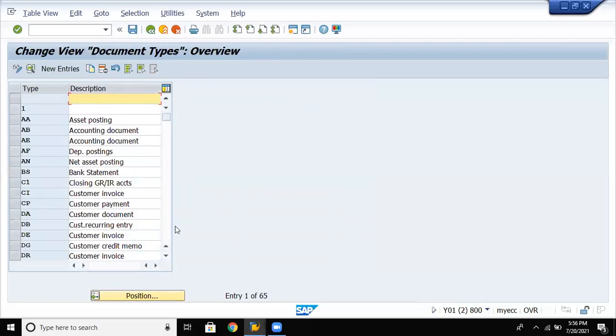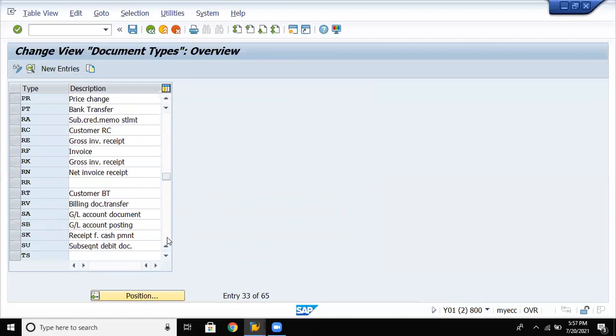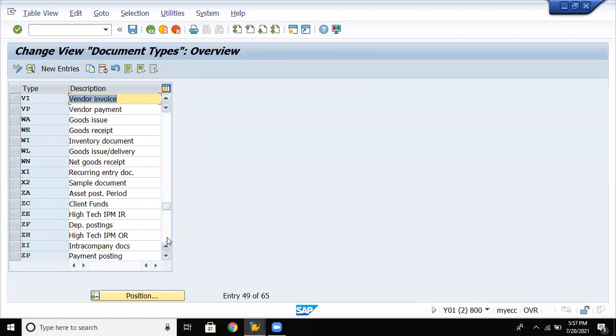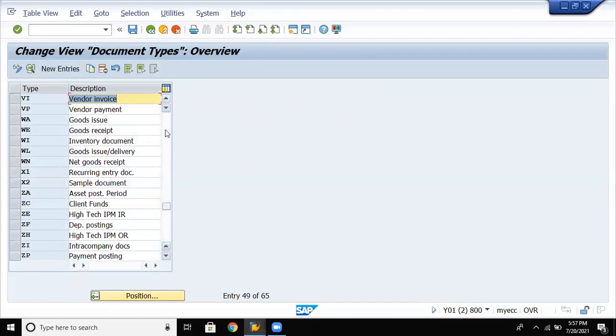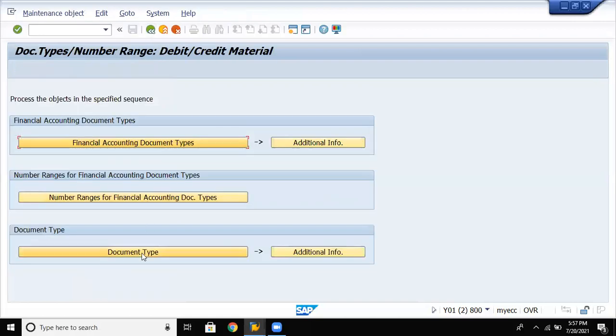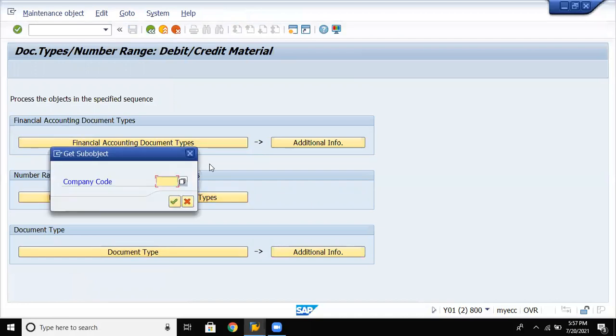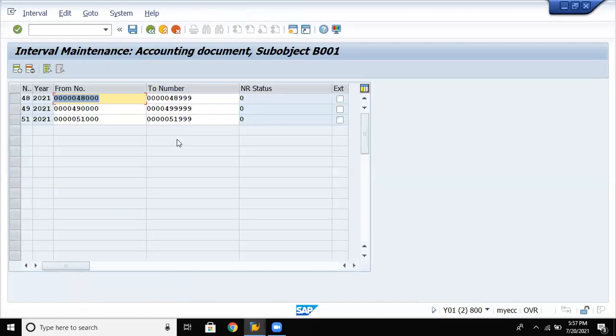Document types. Yeah, the same WI we go for. Inventory document. Financial account documents. Company code. So here also the same thing is updated. Go back.